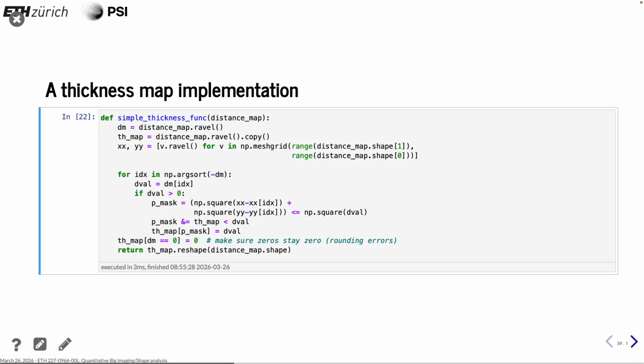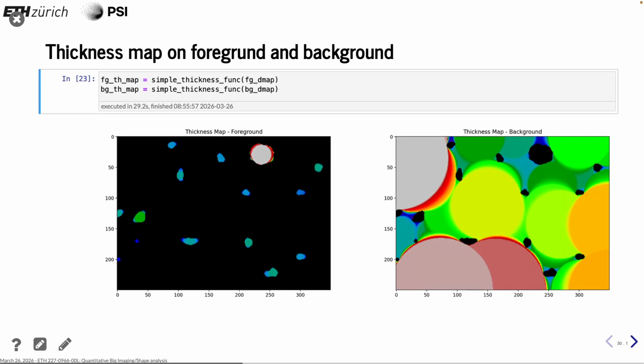The implementation is, in principle, you have to do first a distance map, and then you go backwards. So you take the largest radius, put a sphere or a disk in the image on that place, and then you do that all over the image, and that iterates a couple of times until you have filled the whole pore space or the whole object with these sphere objects, and then you get this gradual change